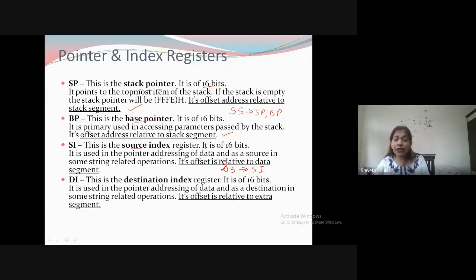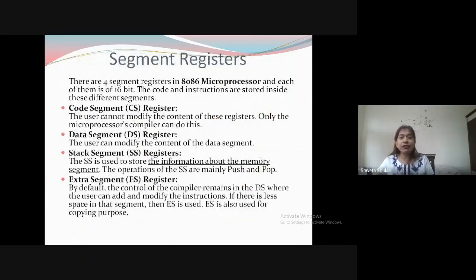DI stores the offset address related to the extra segment register. So you can say that ES has its offset address in the destination index. So this is how it works. Pointer and index registers are normally used to store offset addresses related to a particular segment memory. Remember this.